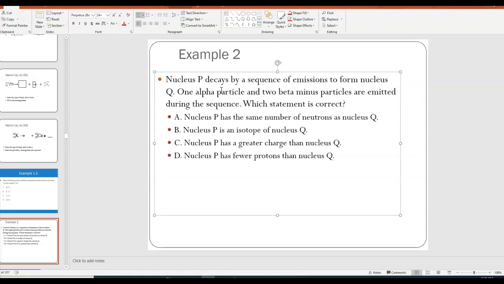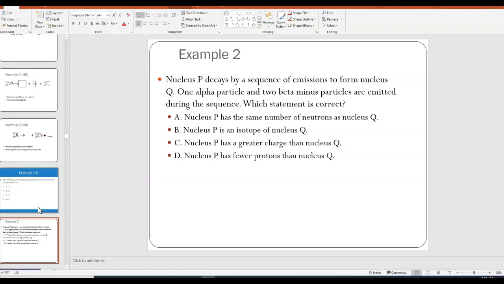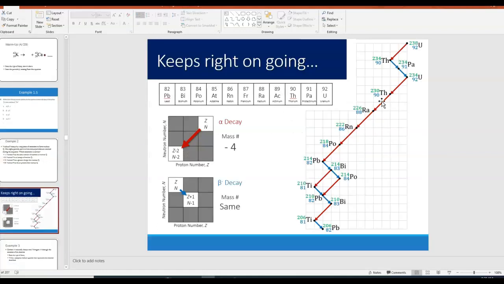It says nucleus P decays by a sequence of emissions to form nucleus Q. 1 alpha particle and 2 beta minus particles are emitted during the sequence. Which statement is correct? Now, if you don't know what a sequence of emissions means, remember, we've looked at